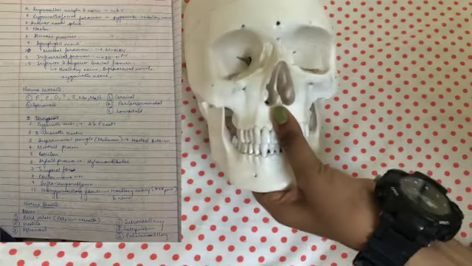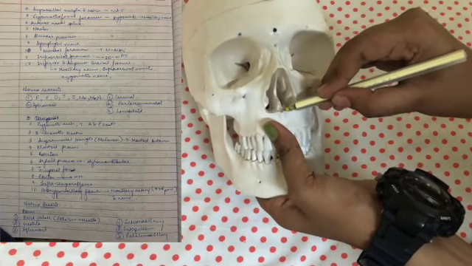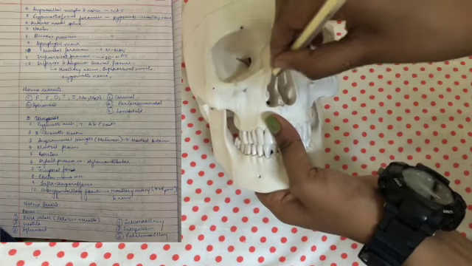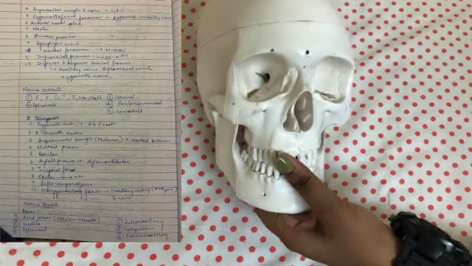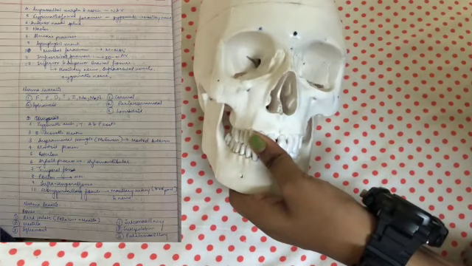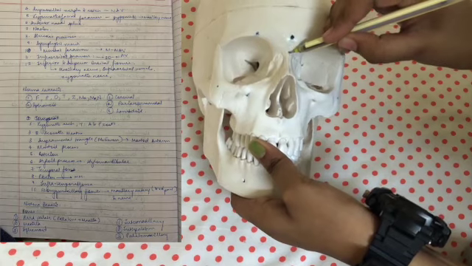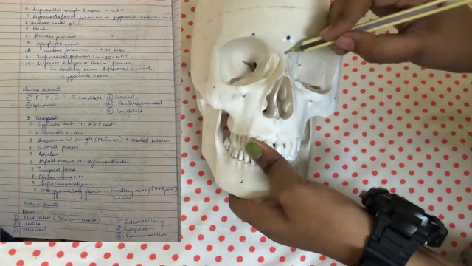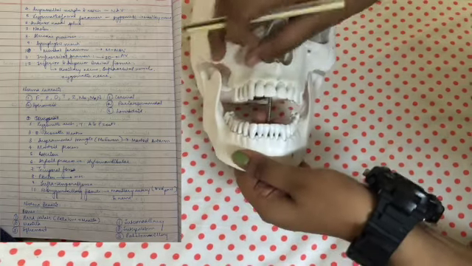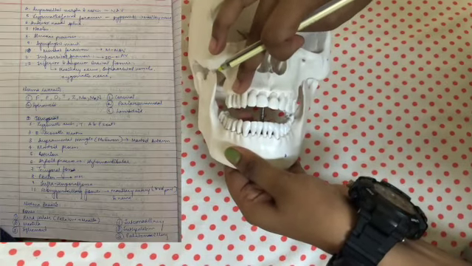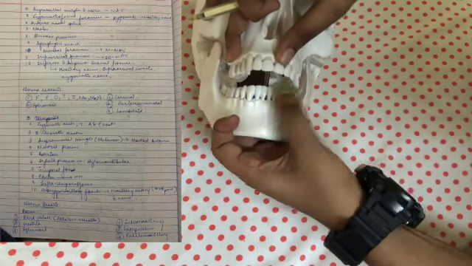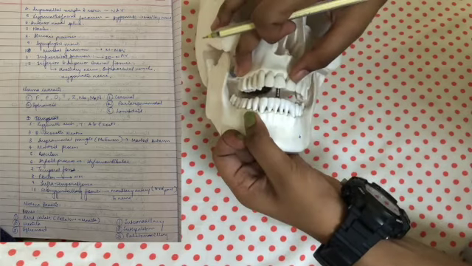Now this sharp thing that you see here is the anterior nasal spine, which is present in between the anterior nasal aperture. Nasal aperture is basically this open space where the nose cartilage is supposed to be present. And finally, you have nasion. Nasion is where the internasal and frontonasal sutures meet. And then you have alveolar process of maxilla and mandible. So maxilla's alveolar process is where the upper teeth are inserted into the jaw sockets, and similarly mandible's alveolar process is where the lower teeth are inserted into the jaw sockets.